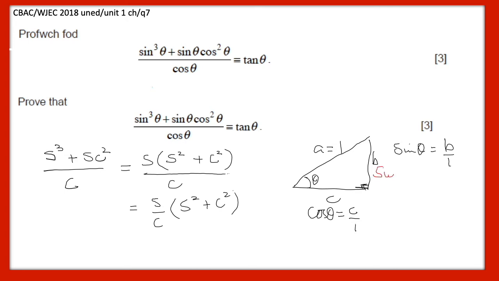So this side here is sine theta, this side here is cos theta. You see what I did there? C equals cos theta. And by my trusty Pythagoras, we know that if we square both sides that are not the hypotenuse and add them together, we'll get the square on the hypotenuse. So fairly obviously what I've got is that sine squared theta